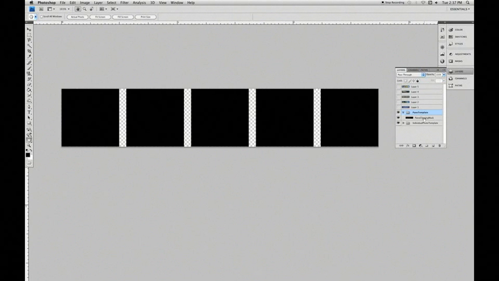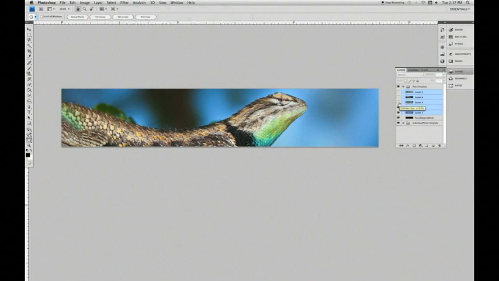Once you've got all your photos open in layers here, we'll want to select all those photos, and I'm going to move them into the Pano template group right on top of the Pano clipping mask. So I'm just going to get them in right on top. You can see they're in the group now. I'll go ahead and make all those visible,